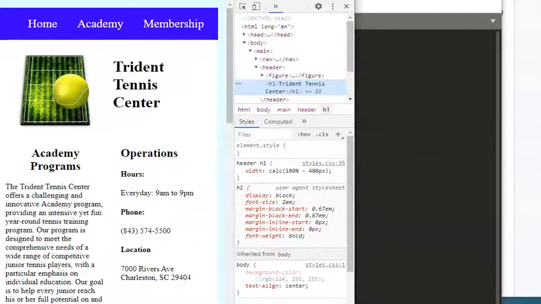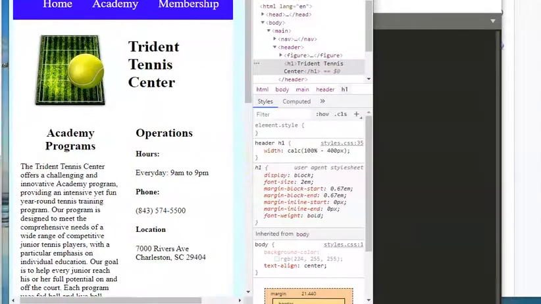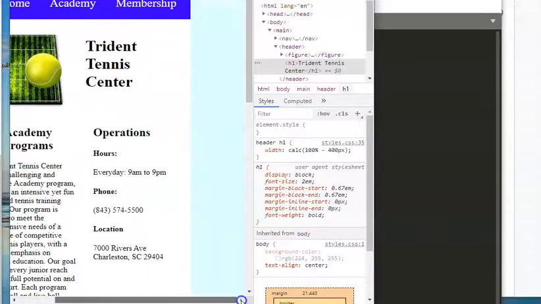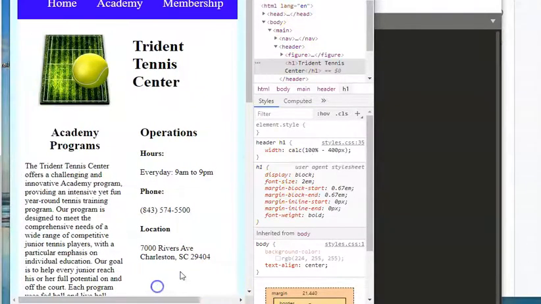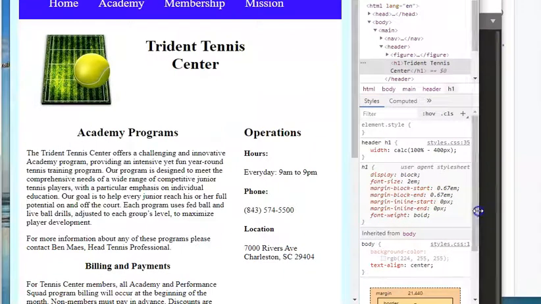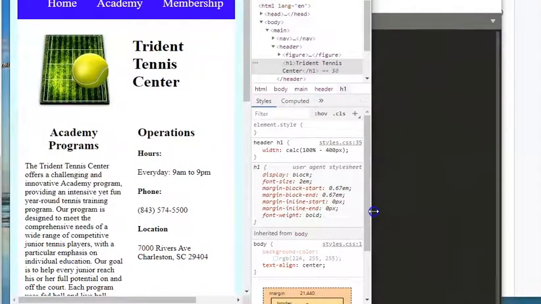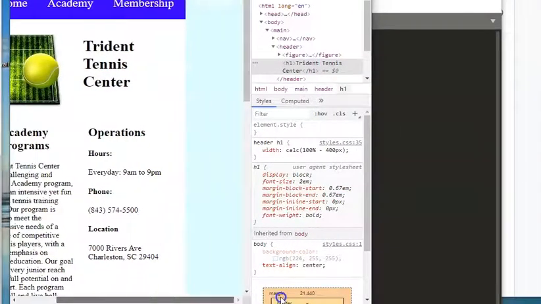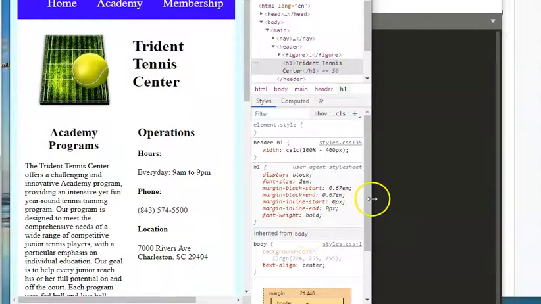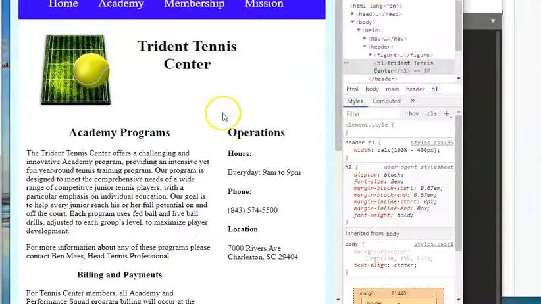So we have a scroll bar on the bottom, but if you move up, we can see there's a scroll bar, and that allows the person to move. We don't want our user to have to scroll back and forth, just be able to see what's going on. And actually we lost mission. So you can see that in order to get to mission, they can't even see mission, even if we scroll. All right, so we don't want that to happen. So that's the first thing we're going to fix. And we can fix that without doing any media queries. What we want to do is we want to have it so that,